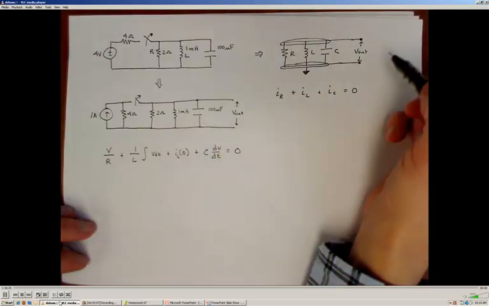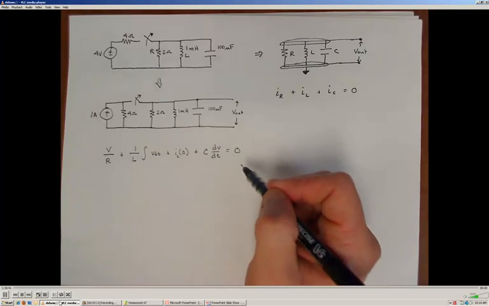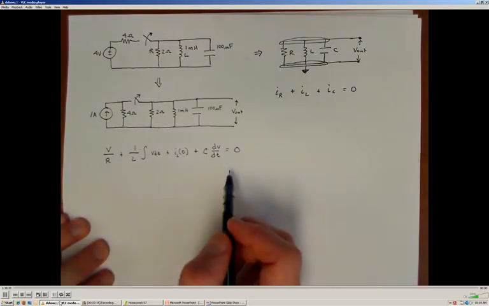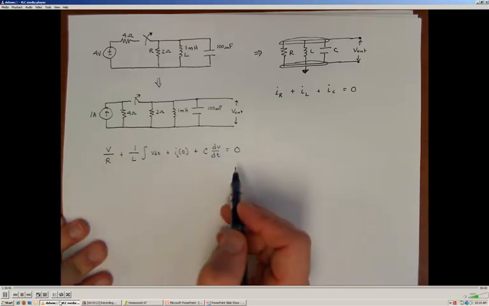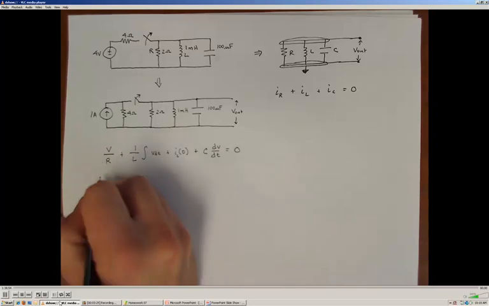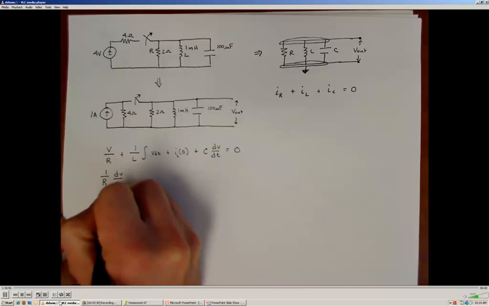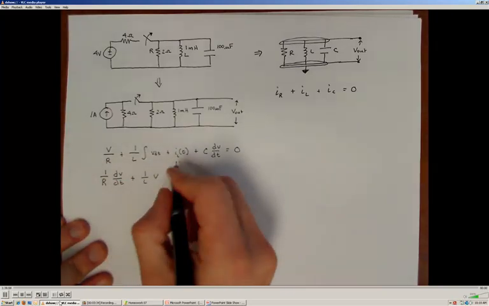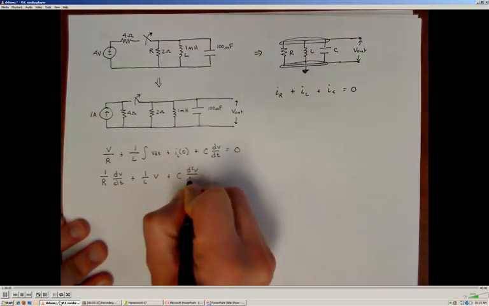Remember that this is a free response case, so we're not adding any energy into the system, so we're going to have a homogeneous or free response. Again, I wind up with an integral differential equation that I want to turn into a standard second order differential equation, so I'll take the derivative of everything. When I do that, I wind up with 1 over R dV/dt plus 1 over L times V plus C times the second derivative of the output voltage